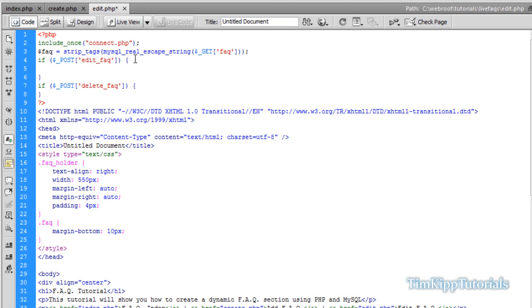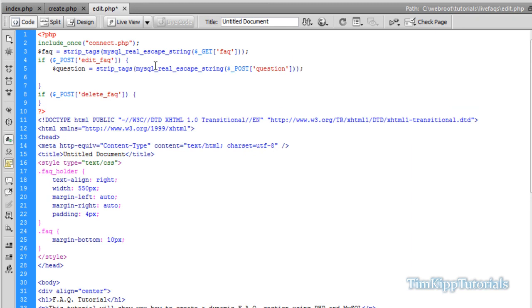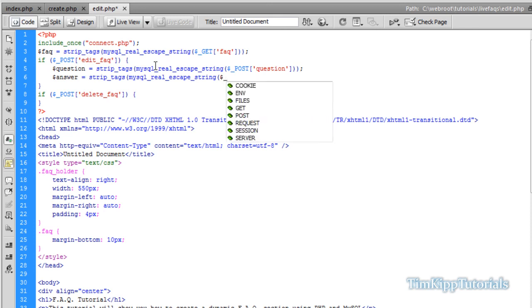So inside of our edit FAQ if statement, we're going to say question is equal to, I'm just going to copy these two so I don't have to keep doing that. And we're going to say our post variable of question, and then we're going to have answer is equal to strip tags MySQL string escape string of our post of answer,